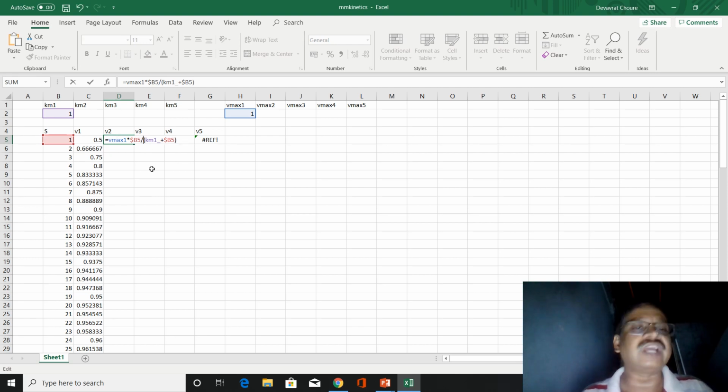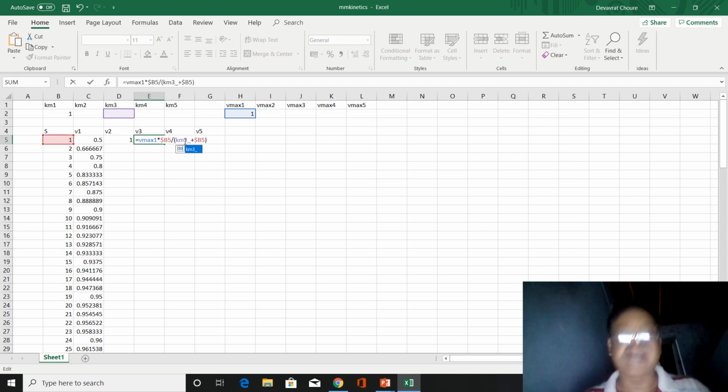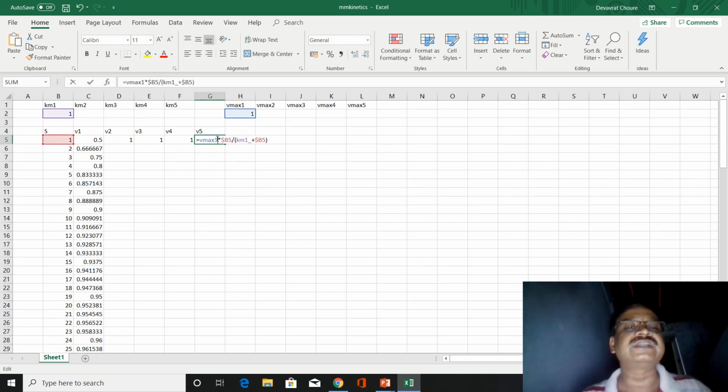Here that division shall be there. Okay, and when we drag the formula, B5 will remain constant everywhere. And this Km1 we have to change. Here also Km1 we have to change. Here we will have Km2. Here we will have Km3. This is for when Km is 3, what effect will be there on V. We are increasing the Km at each series, and then using autofill we will fill the formula to all those. Km5 got selected for all those, and I will autofill it.